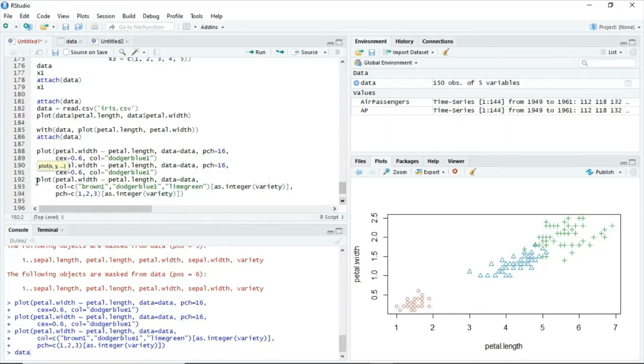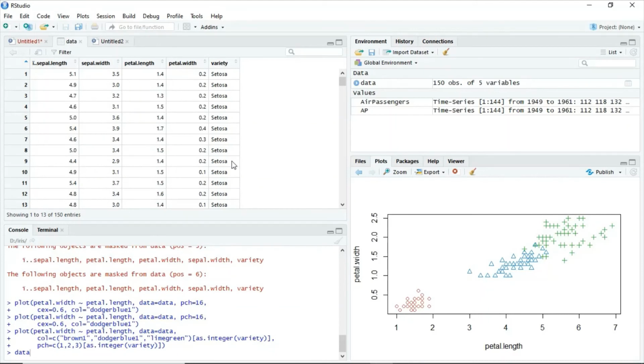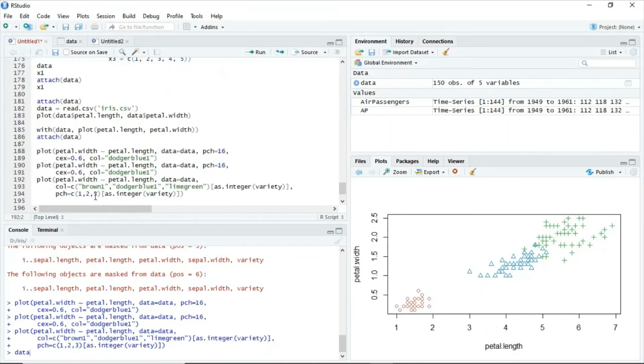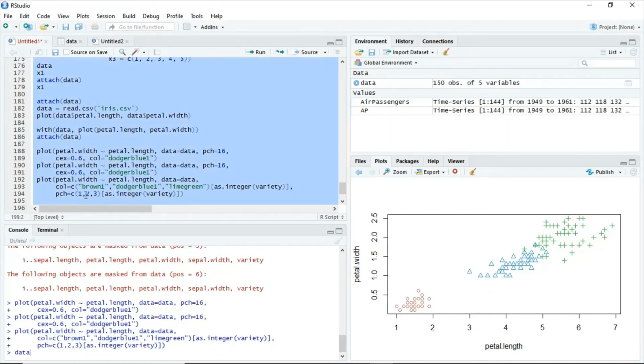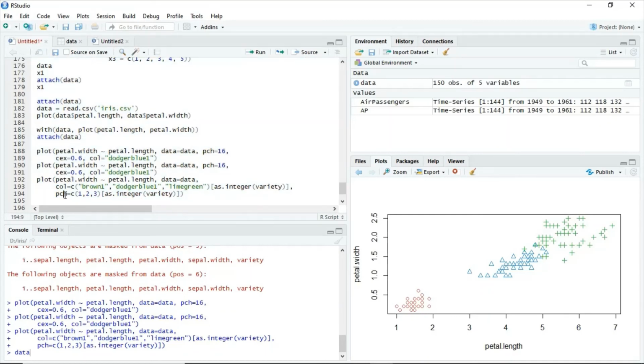So these are the most significant scatter plot features. Whichever scatter plot is available everywhere, they are just technical details. However, what the type of your scatter plot should be depends on your data set. If I have more than three varieties in my data set, then I will change my plot. Here the vector size will differ, so accordingly my pch values will also differ. Here I have used three different kinds of pch values.